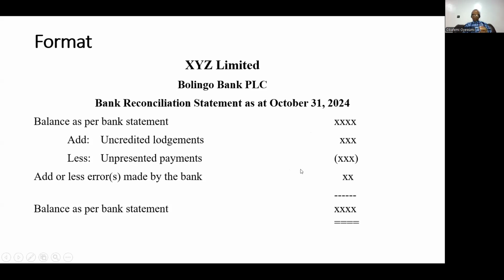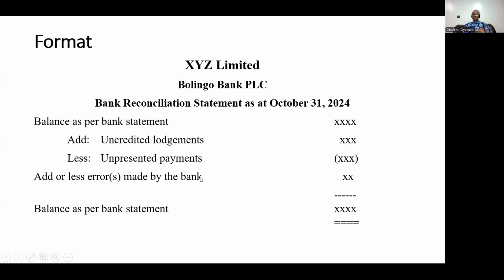The reason for doing that is that once the uncredited lodgements have been credited, the balance would have increased. So that's why you are adding uncredited lodgements to it. In the same vein, if the checks you raised have been presented, it would have reduced your bank statement balance. So that's why we're deducting the unpresented checks. Now you are going to add or deduct errors made by